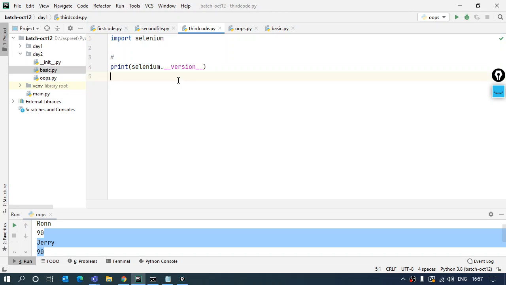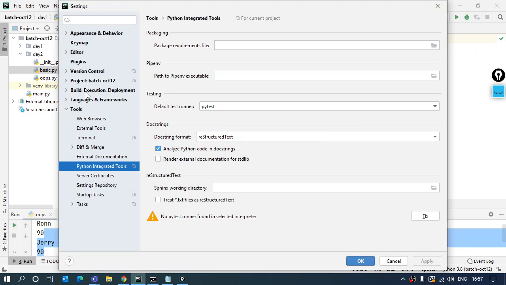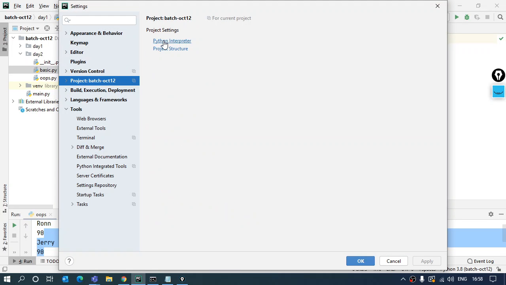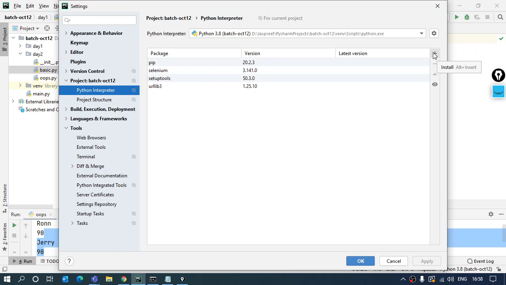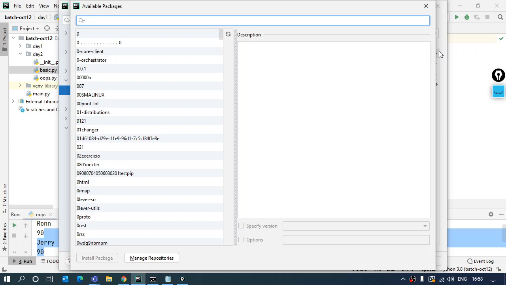If you are aware of PyCharm, whenever we use some external package, we have to get it installed into PyCharm as well. From the settings, whichever project you have is displayed here, under the project interpreter, with this plus. Right now you can see Selenium is coming up here. As we use more external packages, I have to search for them and install them, then only will I be able to use them.